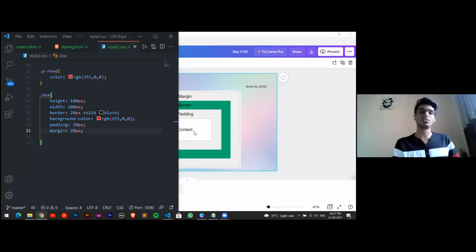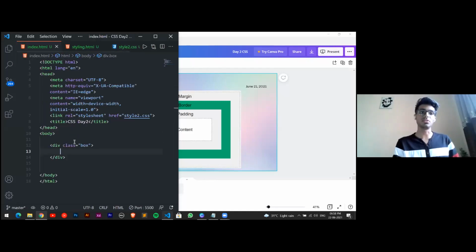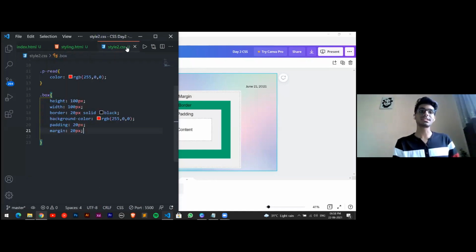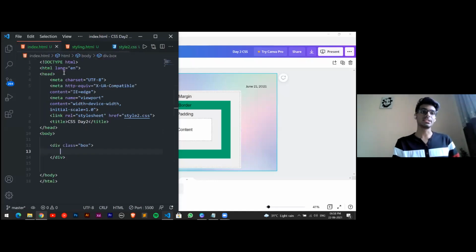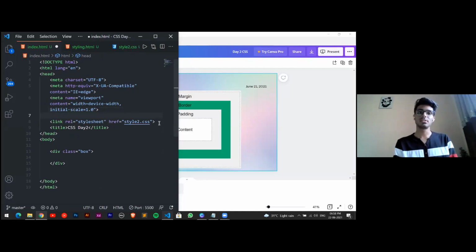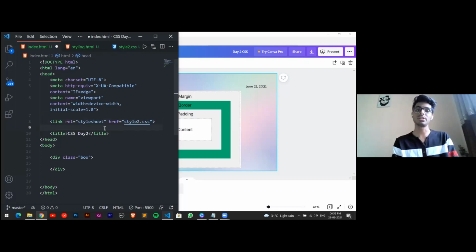Please try this, everyone. We just have 4 steps to do this. Just give an empty div over here, give it a class of box, and go to the style sheet. Make sure your style sheet is linked over here, that is through this link, and that you have provided a proper href. The same goes for the mobile ones also; they just need to provide an href over here, nothing else.